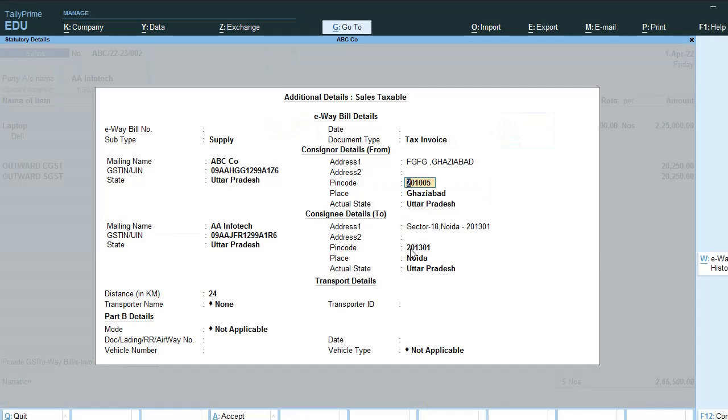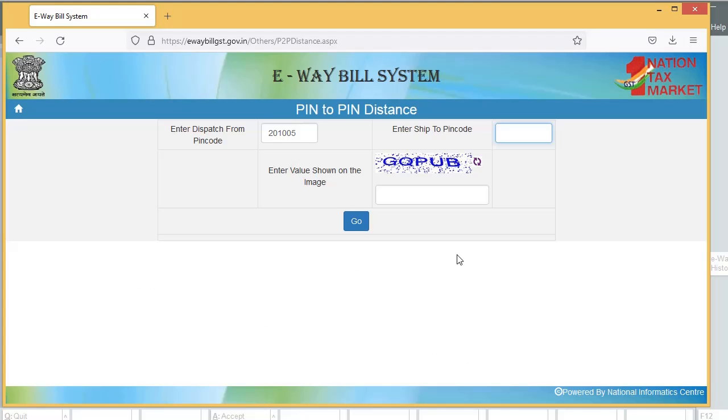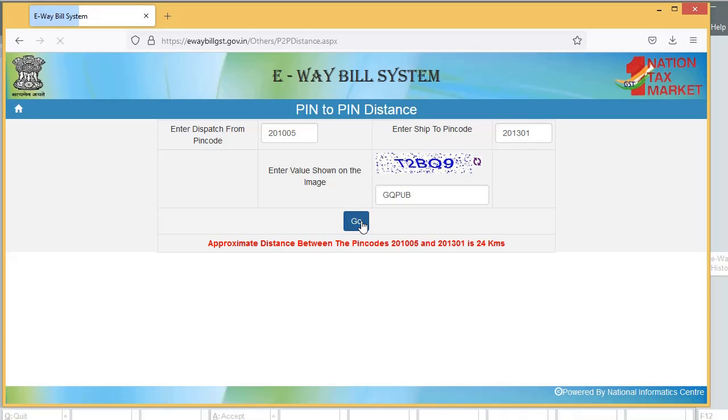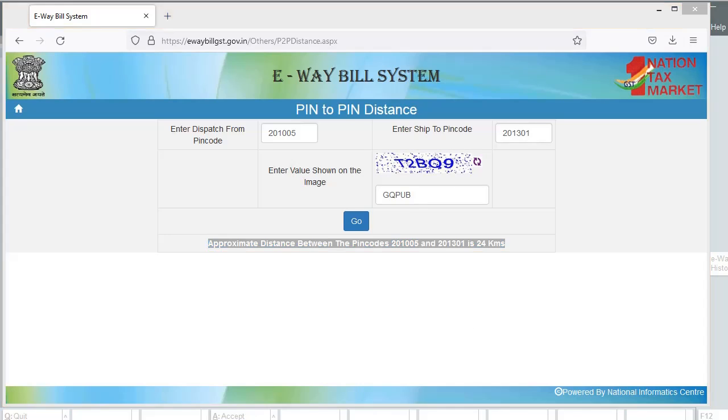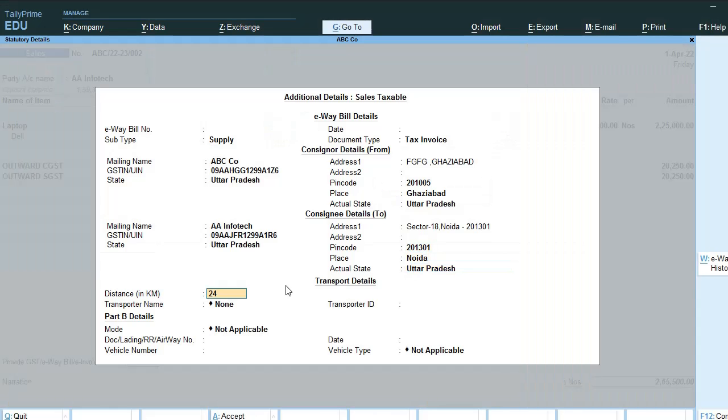At the place you are delivering the material, 201301. We have mentioned captcha and click on go tab. Here you are seeing this is the kilometer, 24. I have mentioned it.